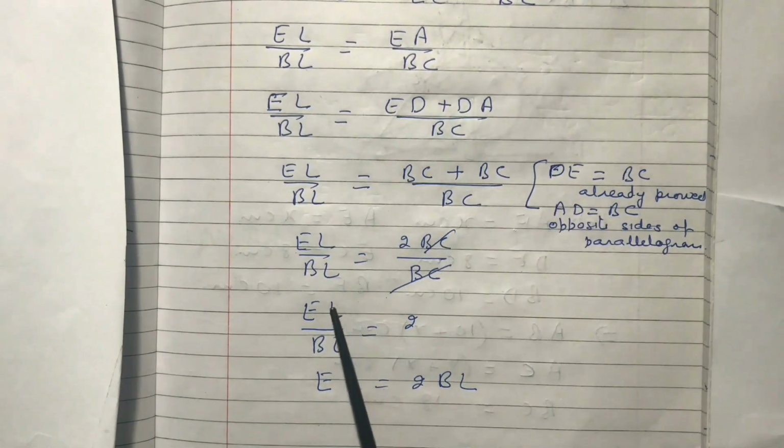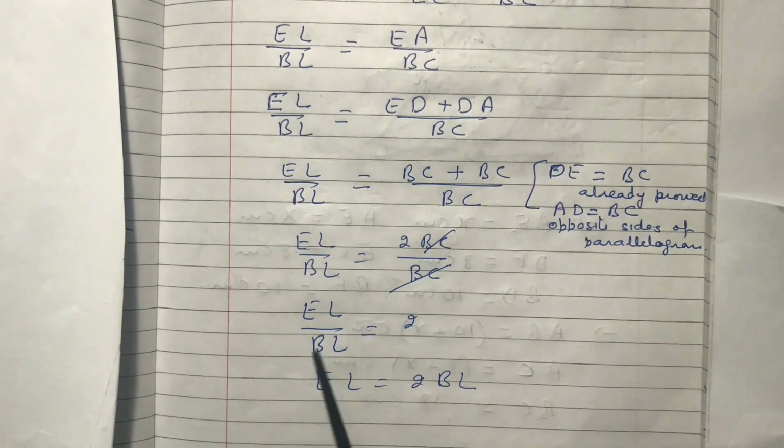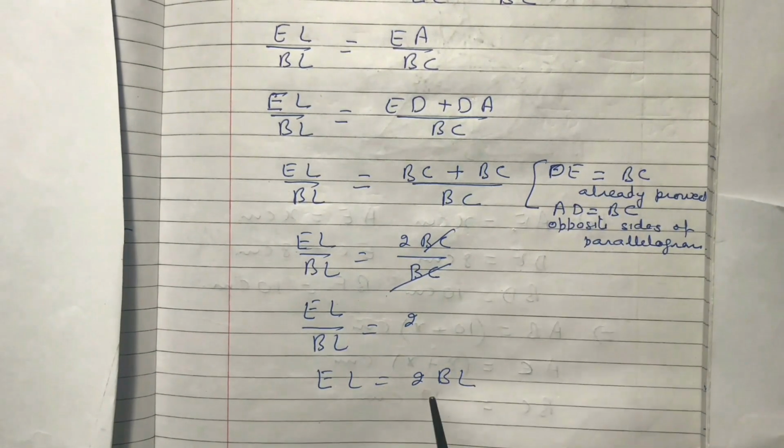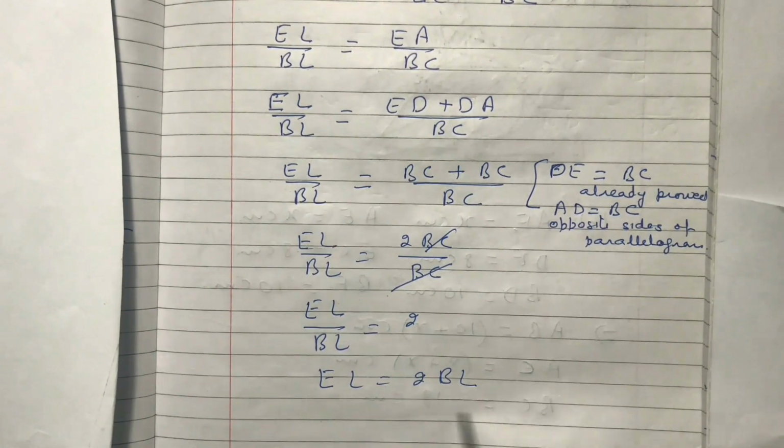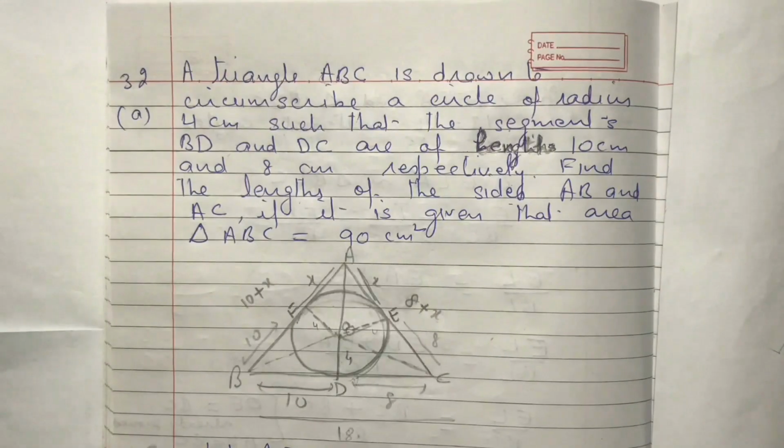BC is cancelled. So EL upon BL is equal to 2. So cross multiply, you will have EL is equal to 2 times BL. Here I have proved. This is what we want to prove. Now